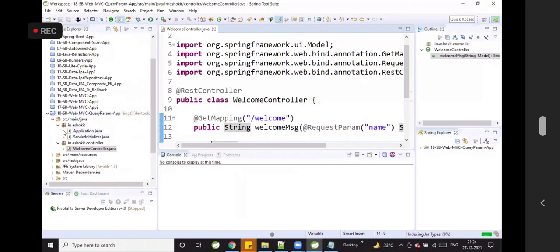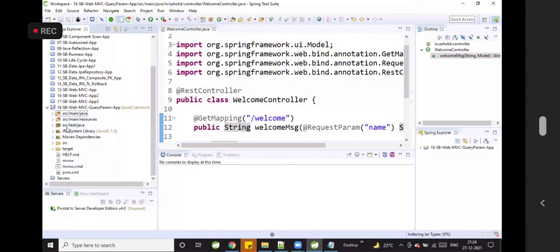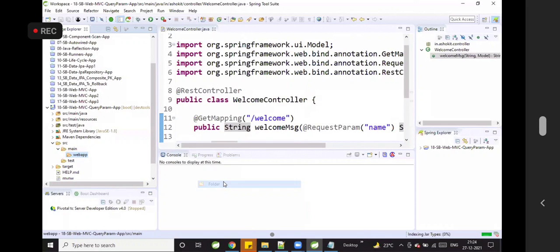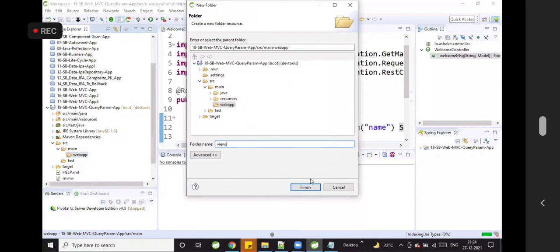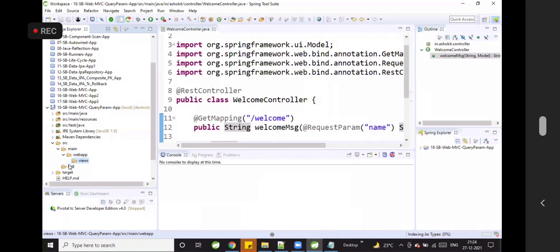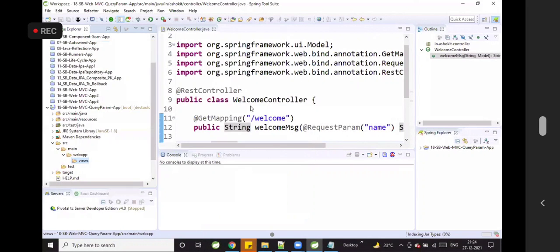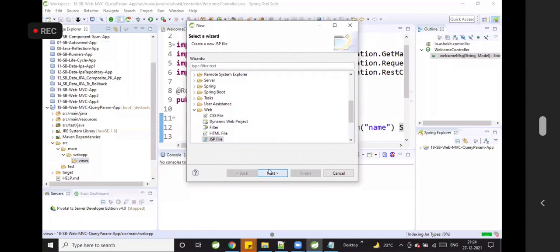Now, create the presentation file. In src/main, inside this, I am going to create a folder with the name views. Inside this views folder, I will create a file with the name index.jsp, because my controller method is returning index.